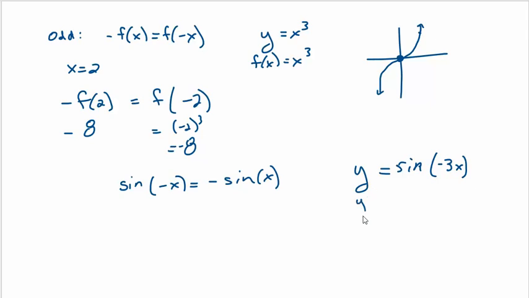So you use the property of odd functions. You bring the negative out in front like that, and then you just graph that thing. And then you say, okay, the period is 2 pi over 3, but because of this negative, I'm going to flip it over. All right? So now,